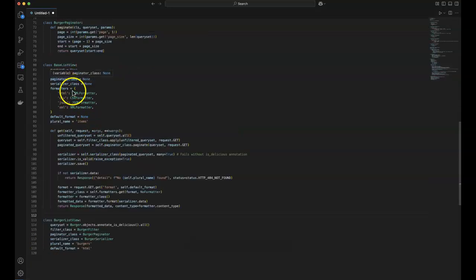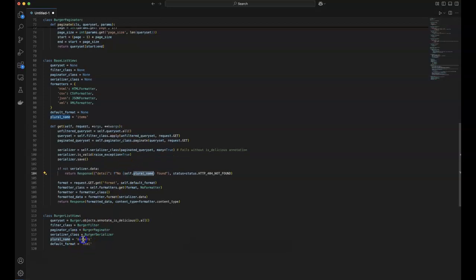Okay, I hope I can get through this all in one video, but now you can see I've set up these class attributes here: query set, filter class, paginator class, serializer class, and formatters, which is now defaulting to our lovely formatters, and a default format of none. And when it defaults to no value, it'll go to the no formatter. So this is when it gets in and sees that the formatters is not in this. And then the plural name is items, and so that's something I added here. When it says no, it used to say no burgers found, so now it'll say no burgers found in the